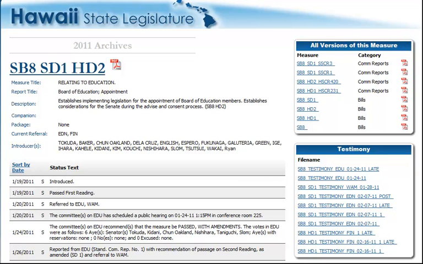Let's go on to the next one. You'll see a number of names, some of which are all in caps and one of which is in upper and lower case. Anytime a bill is introduced, it has to be signed as a primary introducer by at least one representative or one senator.